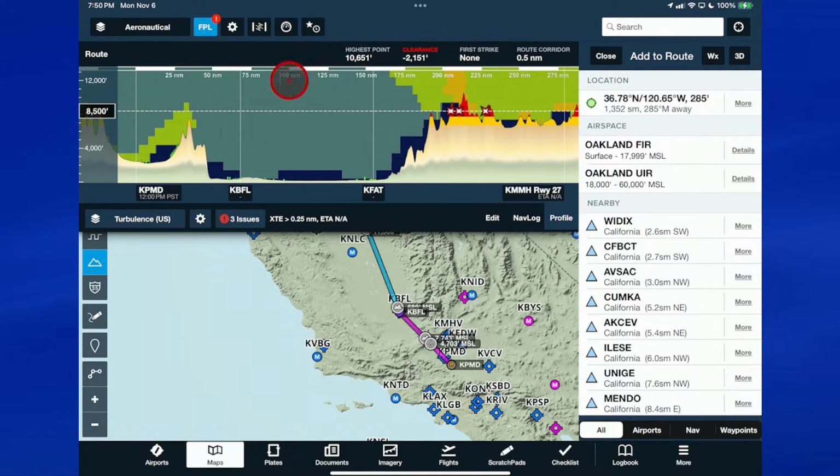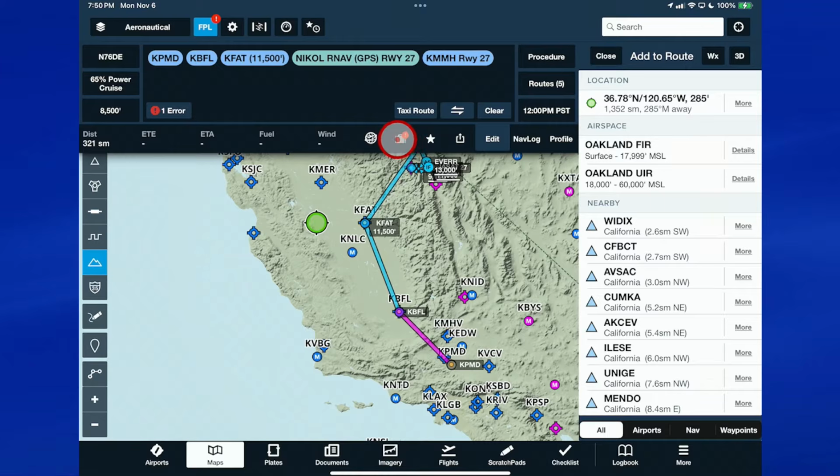And you can also see the turbulence near the mountains. That's here, these green areas, and yellow here near the peaks. Upslope wind right here as well. So in any event, I'm going to close out of this. Let's see. When I go back to the edit, you can see that I had